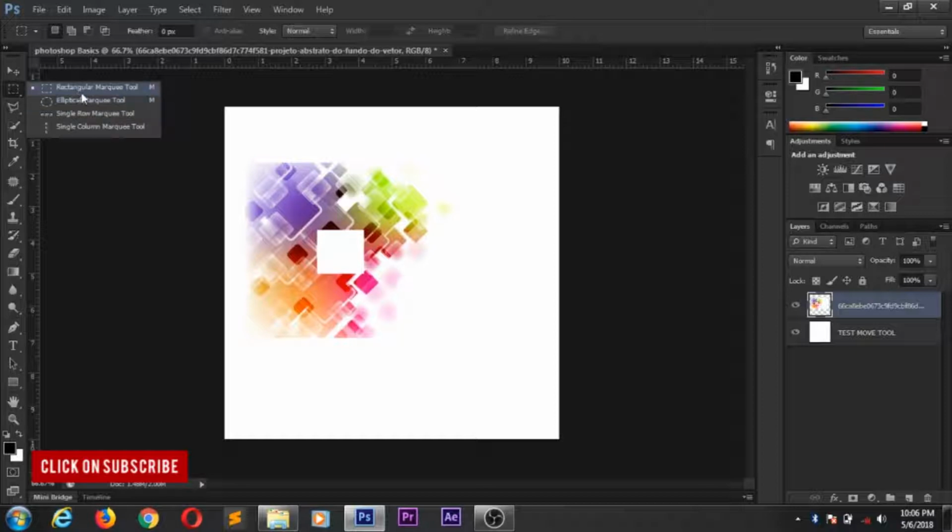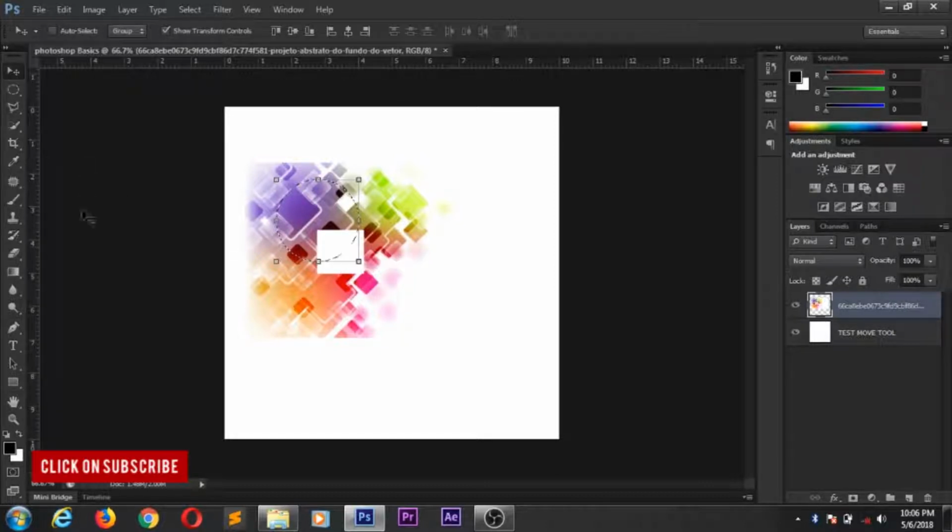This also you can use if you want it to be in a circle. You just come here, draw, and make sure you hold down your shift key to get a perfect circle. Once it's selected, let's say we're still going to clean that area, you can come here and clean the area you want. It does the same thing as the rectangular marking tool does, so there's no real big deal about that. So let's just undo this